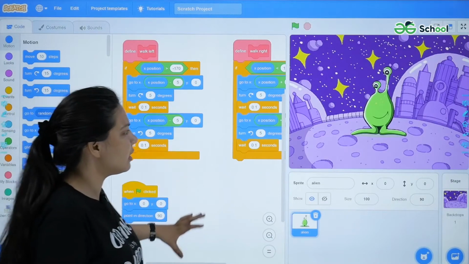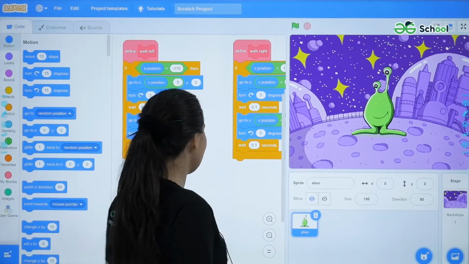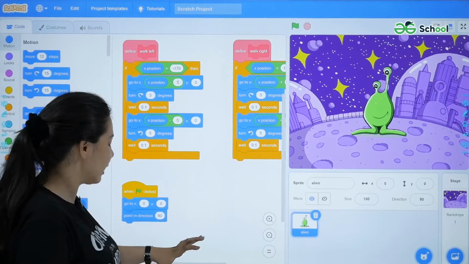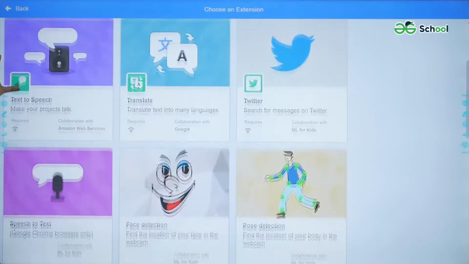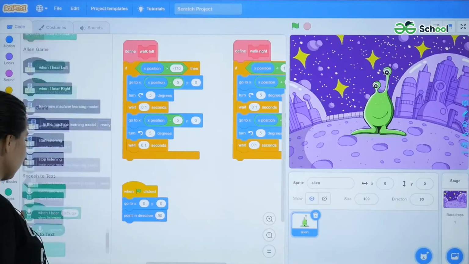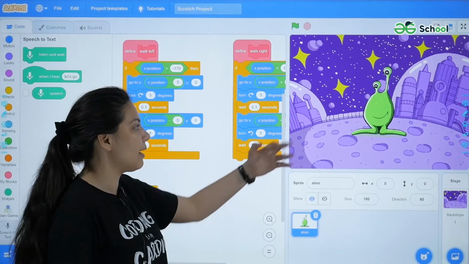And you can see a basic template of our project appears here, that is alien language. Now what I have to do is add an extension of speech to text because I am going to recognize the sounds for my alien.